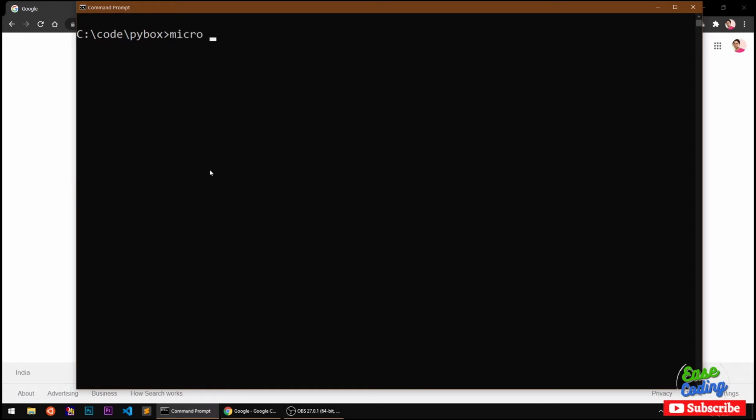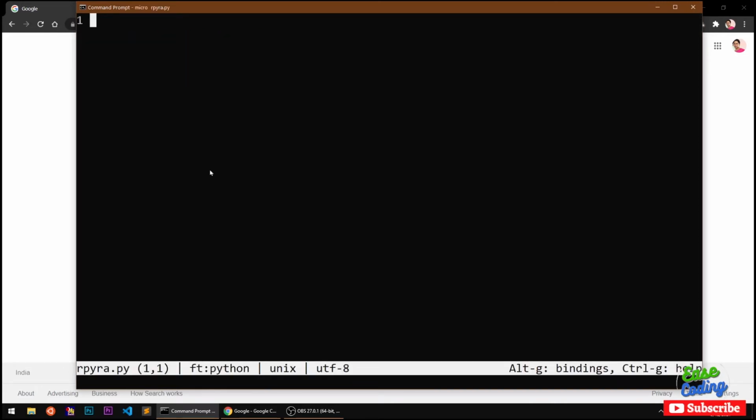So this is the editor I will be using, micro, and write_pira.py is the file name that I will be creating. To print the star pattern or pyramid pattern, I will be using a function. So let's write the function. I'm simply going to call it pira, and it's going to take a number as an input, and then we are going to loop over using range. So row in range of rows. Okay, so this will be increasing